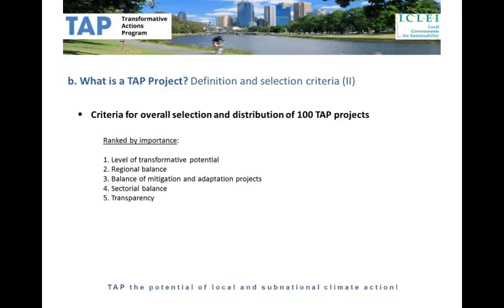And then we look at the balance of mitigation and adaptation projects. We look also at a sectoral balance, that is, there can be projects in transport, in energy, in biodiversity, in housing, but also in education. So really we are looking for diversity in that respect. And finally, we are also looking for transparency. That is, we will look at how informed the different applications are.